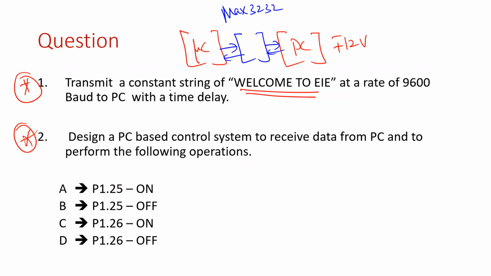So in the first problem, we transmit "welcome to EIE" from the LPC2148 microcontroller to the computer every 1 second. And in the second case, we perform a home automation system where we send some fixed commands from the computer and try to control some load. This program is a template program which is applicable for any automation system, be it a UART-based system or if you are trying to control the same thing by using a Bluetooth device.